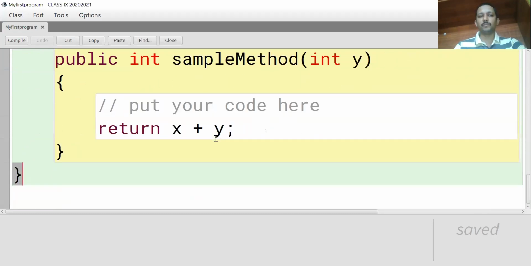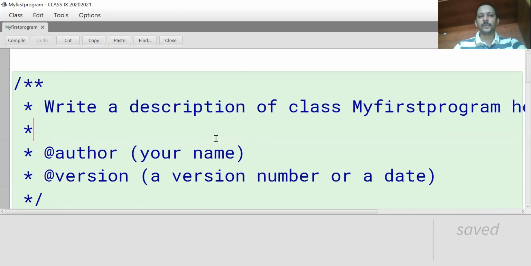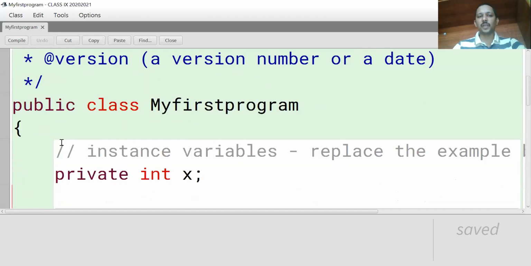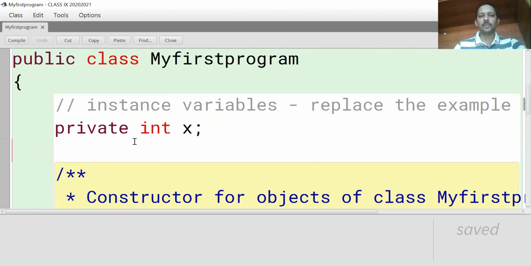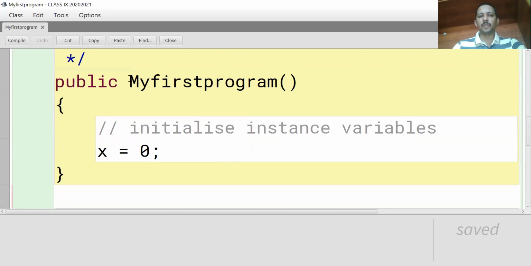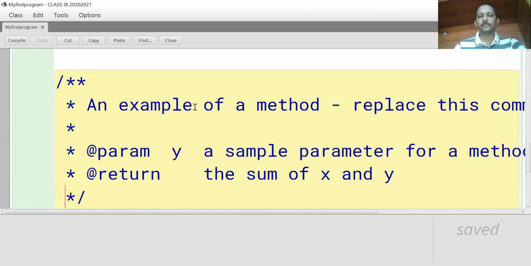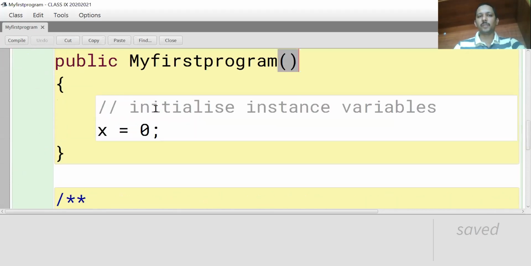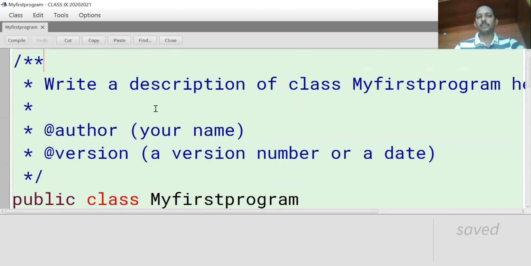This is the sample program. See, documentation comment. Whatever class name you give, that name will appear. My first program, and then instance variables. This is a single line comment. That is one short answer: what are the comments available in a Java program? And then inside the class we write the constructor. It should be the same as the class name. We'll discuss it in the constructor topic. And then method, sample method. So a class contains constructors, variables, and methods. This is the basic structure of the Java program.